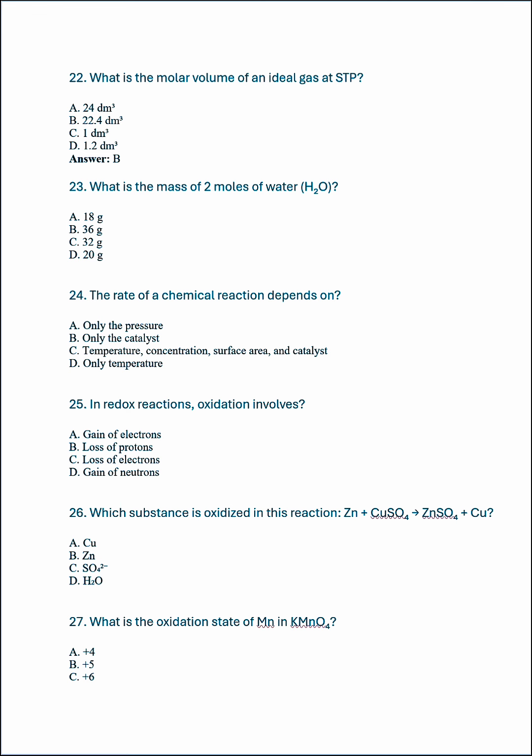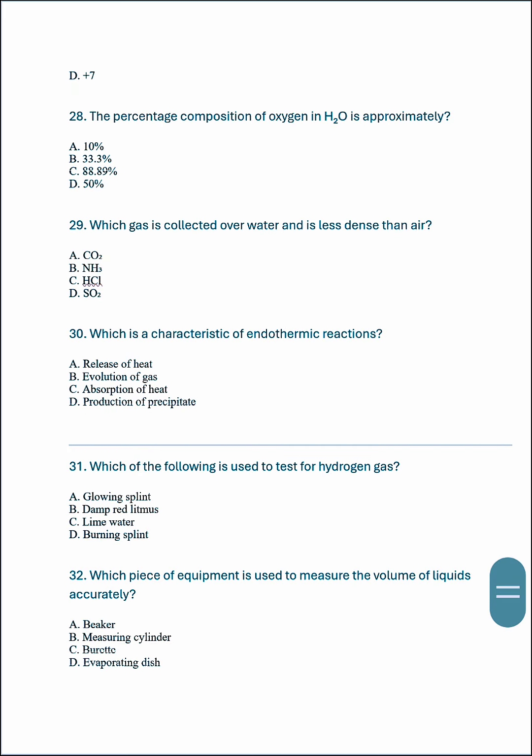Now 26. Which substance is oxidized in this reaction? So the reaction is stated there. Because of time, I won't go through it. So the correct answer for that 26 is B, zinc. All right, 27. Which is the oxidation state of Mn in KMnO4? The correct answer for that is D, and that is +7. Now 28. The percentage composition of oxygen in water is approximately, the correct answer here is C,